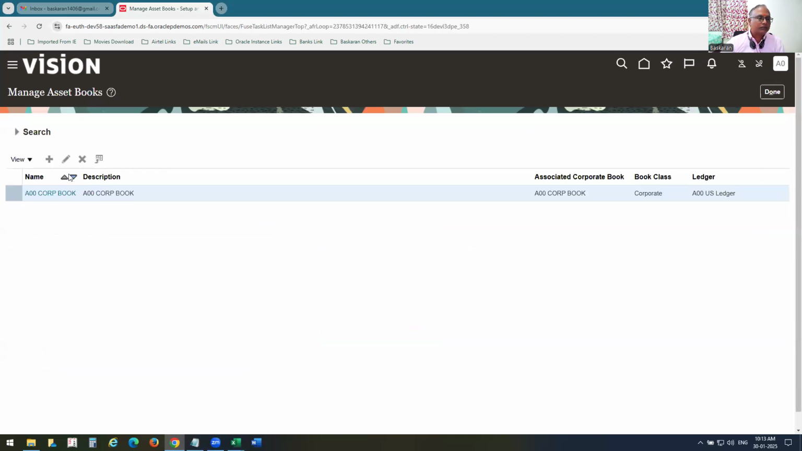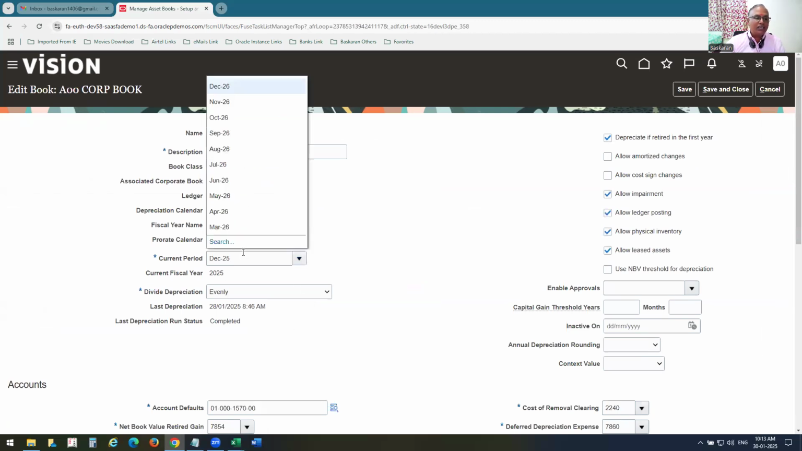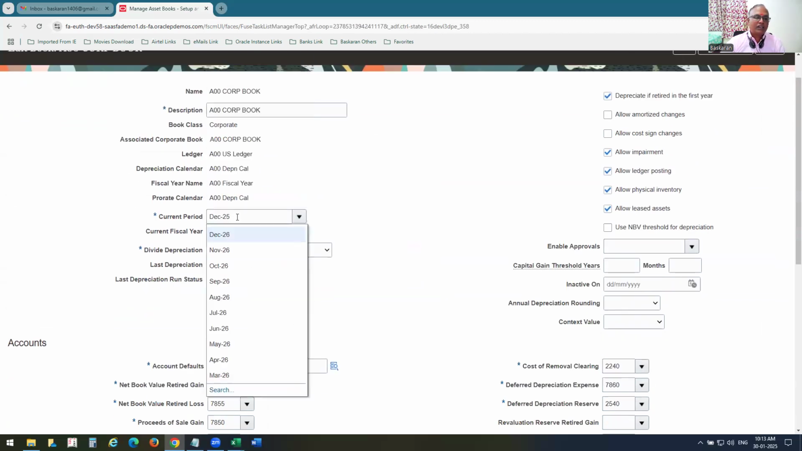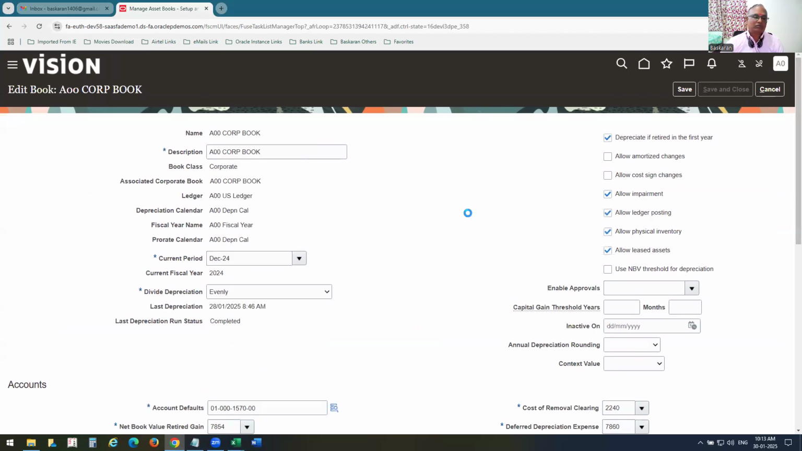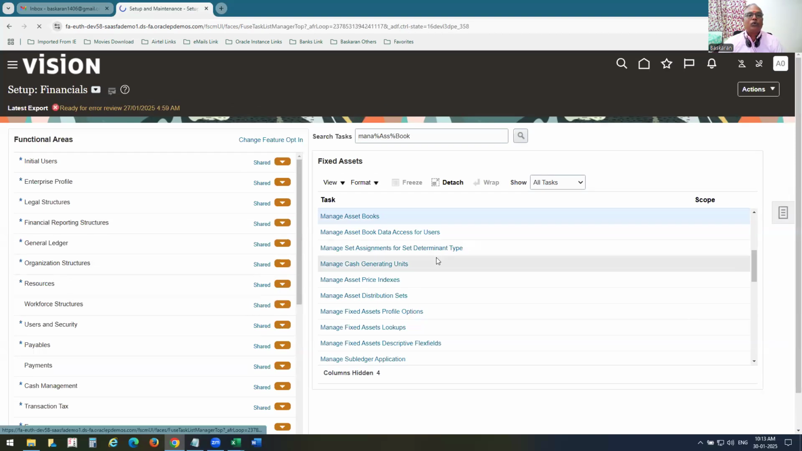Search it. Edit. Once first depreciation has been completed, we can't change the period here. That is very, very important. Right. Let me move on to our